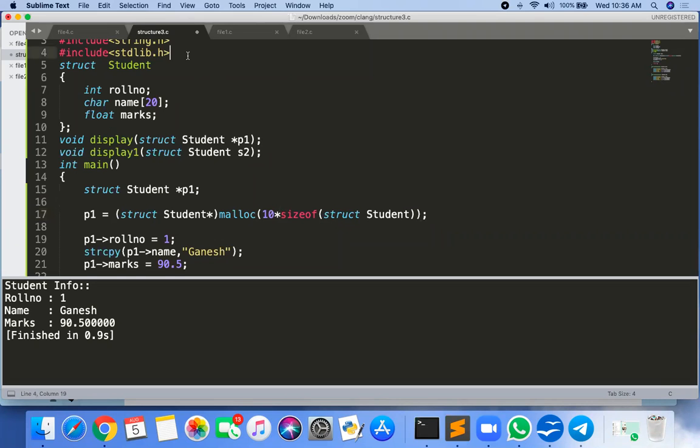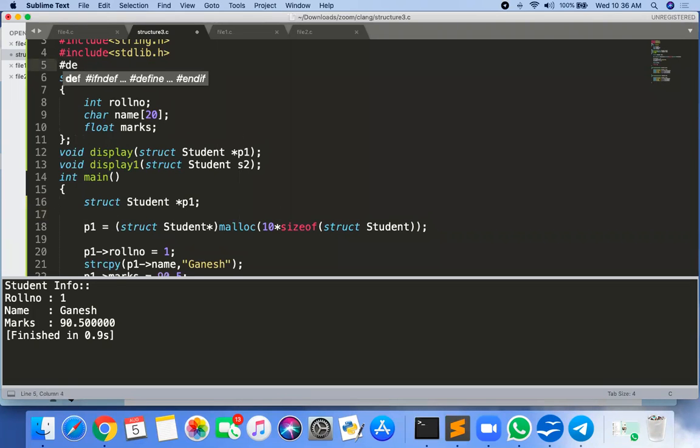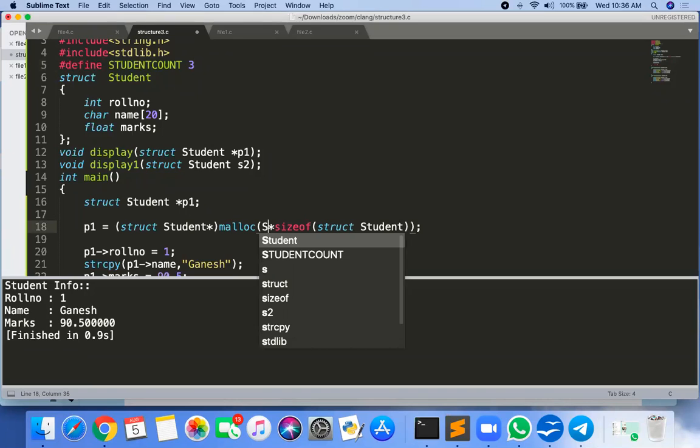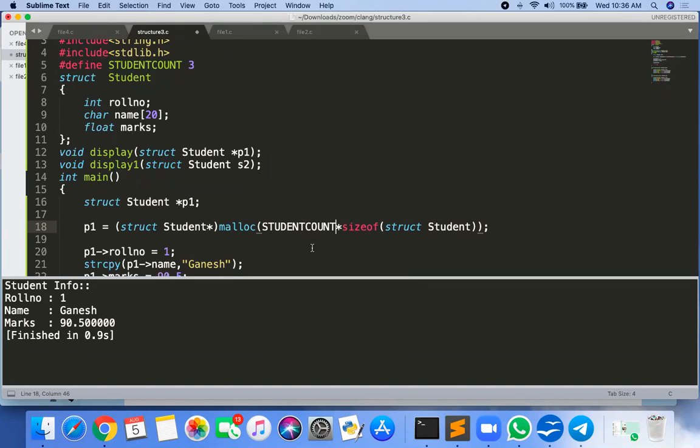Yes, I can use a defined student count. Suppose I'm using only 3, so here instead of 3, I'm using student count. When I do student count multiplied by the size of struct student, which is 28 bytes, so 28 bytes multiplied by 3, that number of bytes gets allocated here.